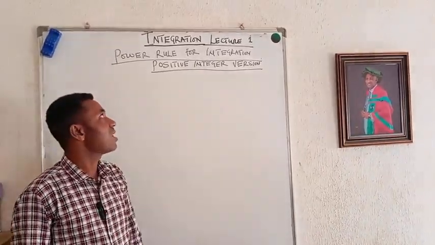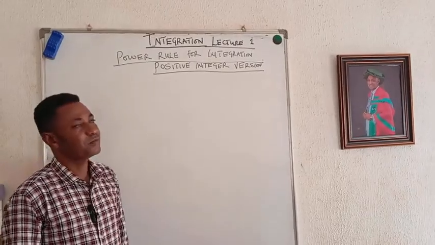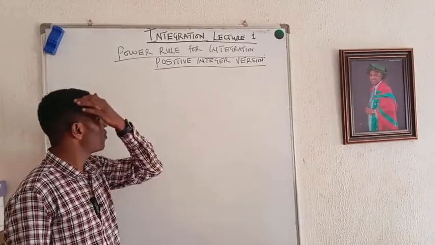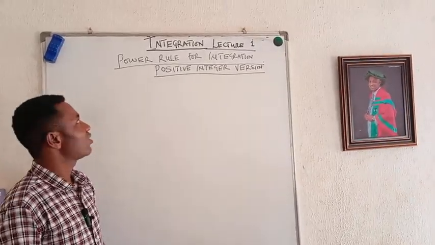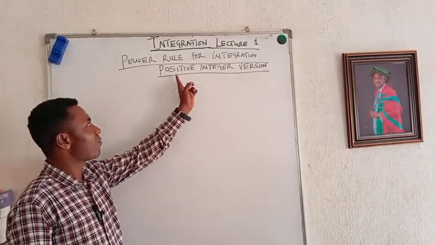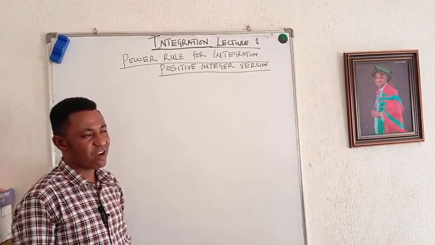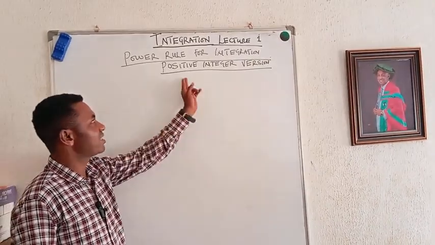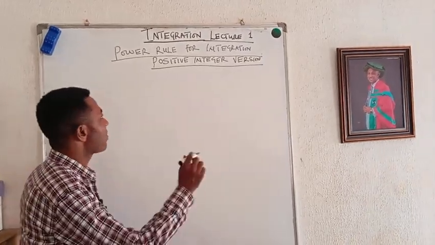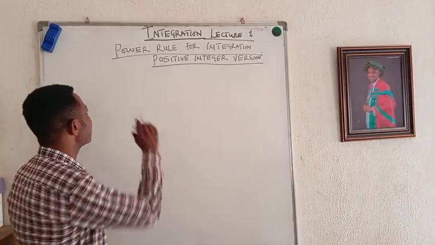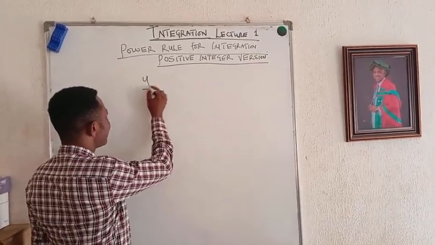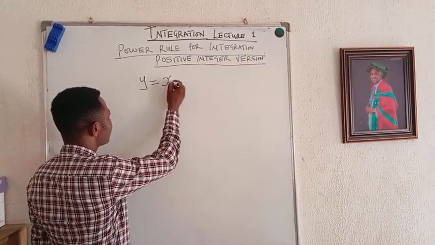And in today's class, I want to teach us integration. The topic for today is the power rule for integration, and under this power rule we want to consider the positive integer version. You know that we have the negative integer version and the positive integer version. So the power rule for integration says, for example, when we have a function y is equal to x power